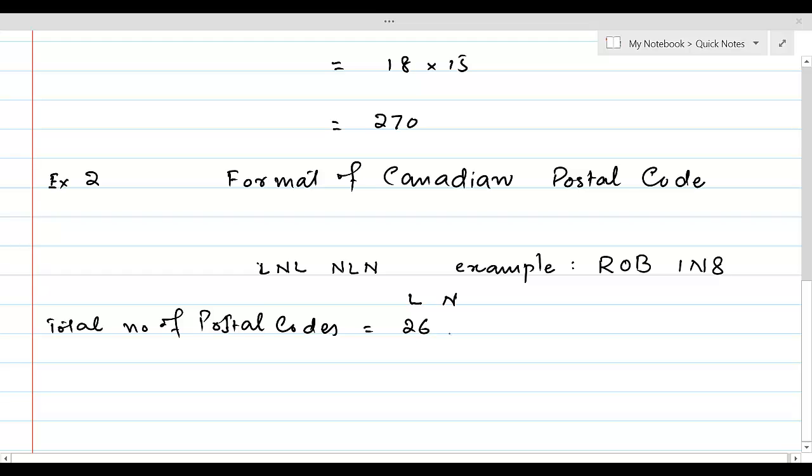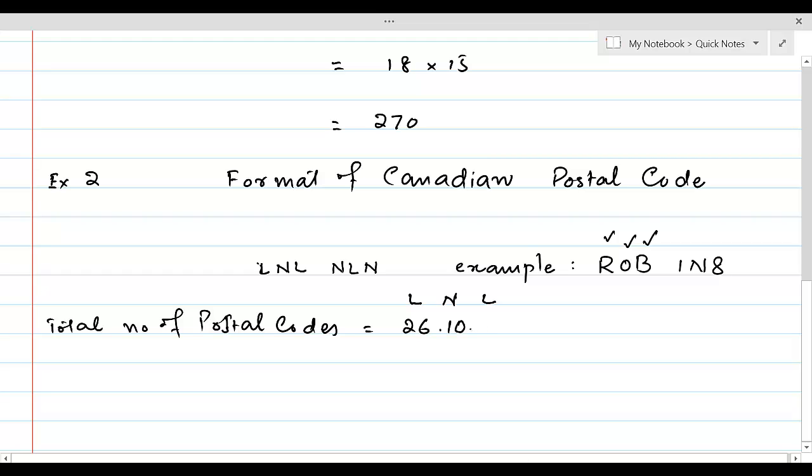So the choices here are 10, from 0 to 9. Again, because there is a letter, if you look at this, first is letter, so there are 26 choices. There are 10 choices for the number,